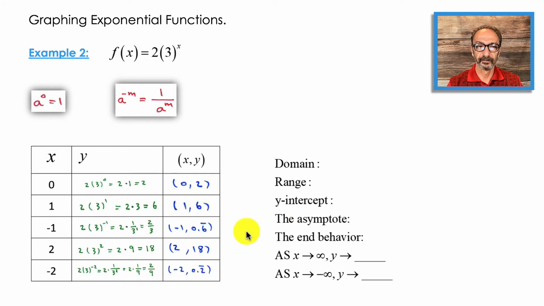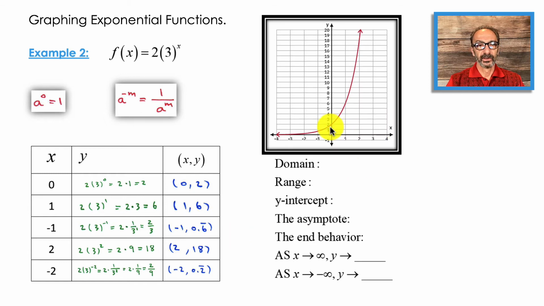Let's see the graph. 0, 2 is right there. That's this one. 1, 6. Here's 1, and here's 6 up here. 2 all the way up to 18. That's right there. And of course, the negative 1, 0.6 repeating, a little bit less than negative 1, as you